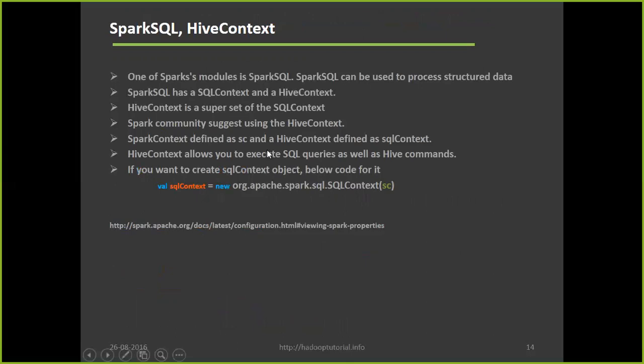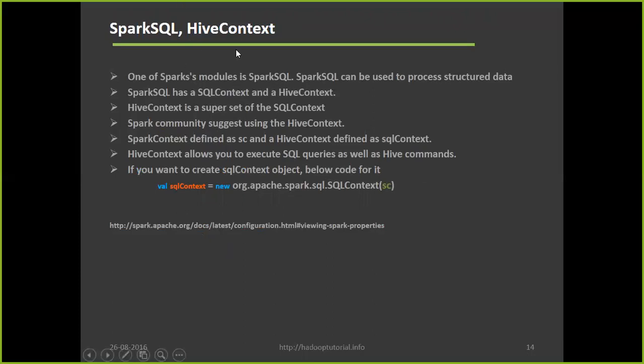It is a superset of the SQL context, and the Spark community suggests developers use Hive context over SQL context. But anyway, this is just one-liner info. We'll discuss more about that later.